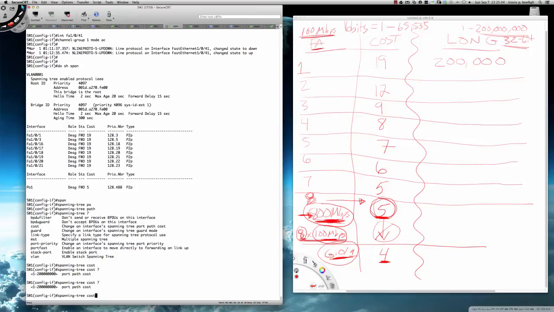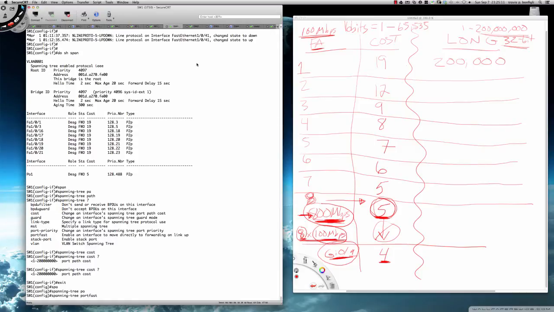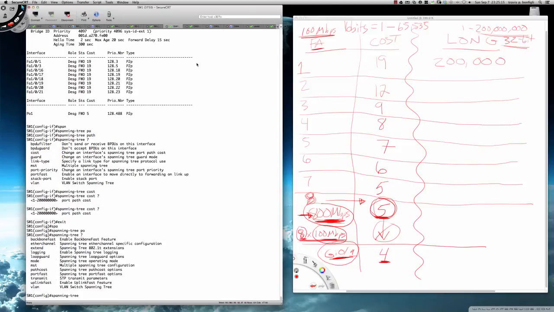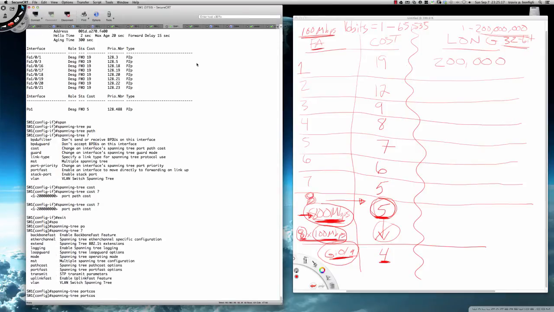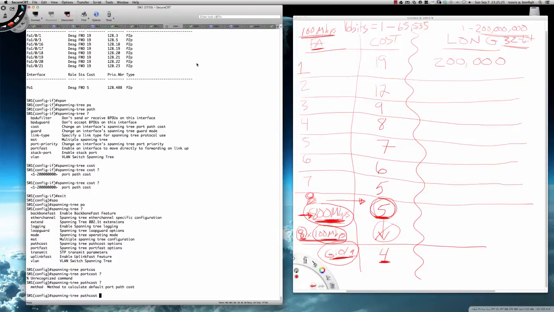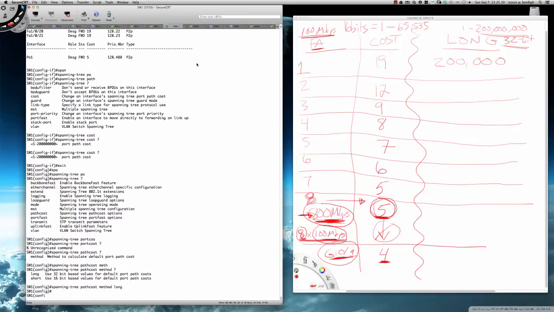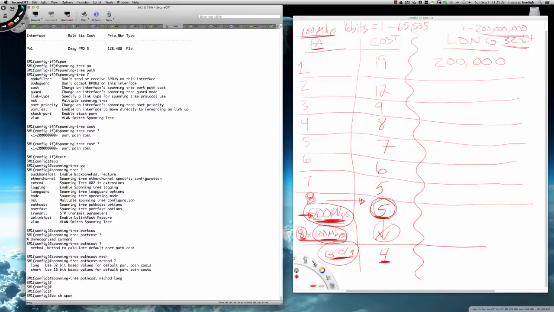Oh, I'm in the interface. Hold on. Let me back out one level here. So spanning-tree, let's make sure we get this right here. Port cost, and or path cost. I apologize. Path cost. And the choices will be from the method of short or long. So we're going to say long. So now when I do a do show spanning-tree,